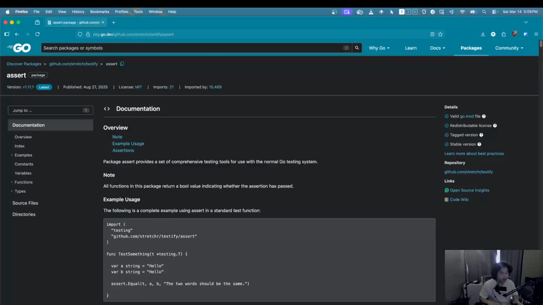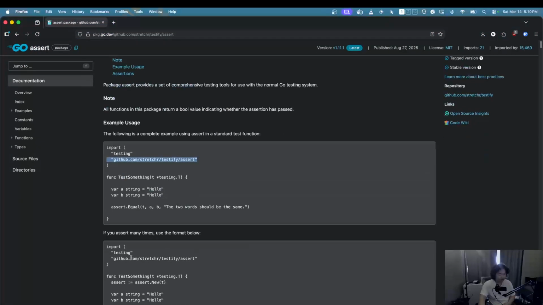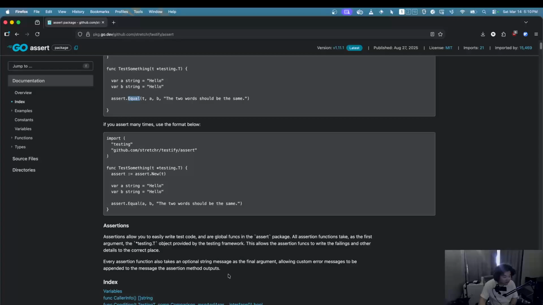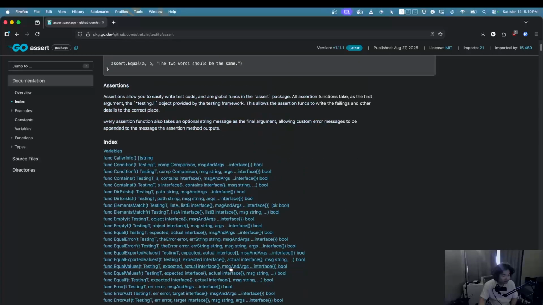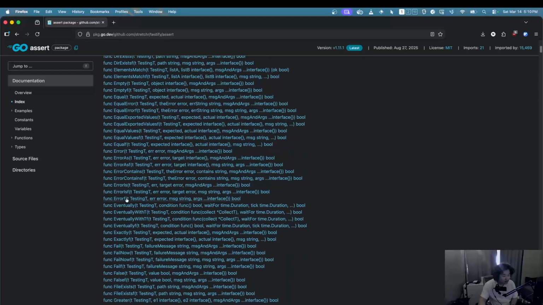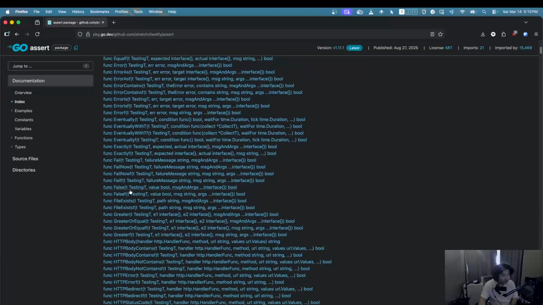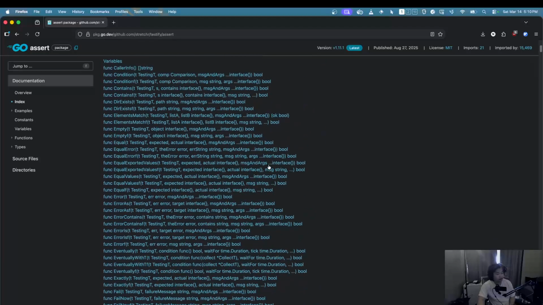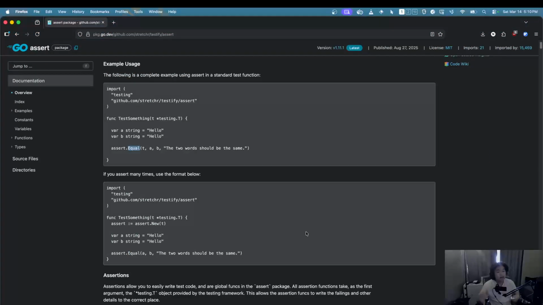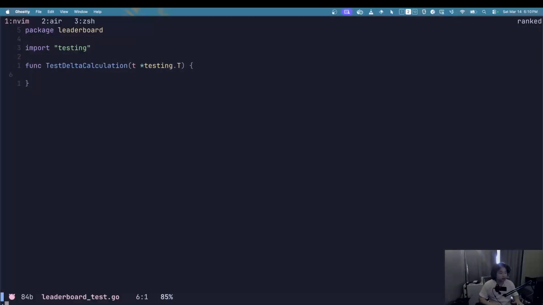But I do like having the specific one I learned from the boot.dev course. Primeagen likes the assertion test, which is like the assertion one. Pass an obvious testing object, and they do A, B, and equal. There's probably a bunch of ones. There exists empty, error is, eventually, fail now. So many good things. Super nice. Love it. I need to start writing more tests, because I'm such a trash dev.